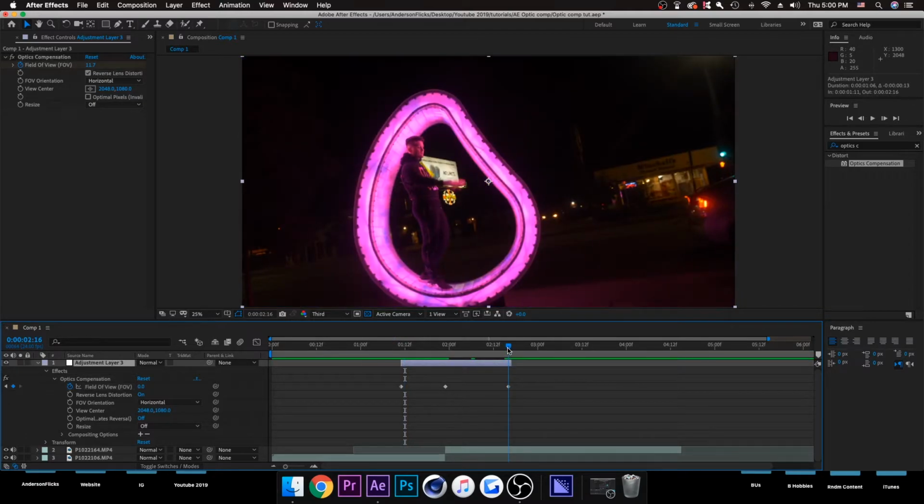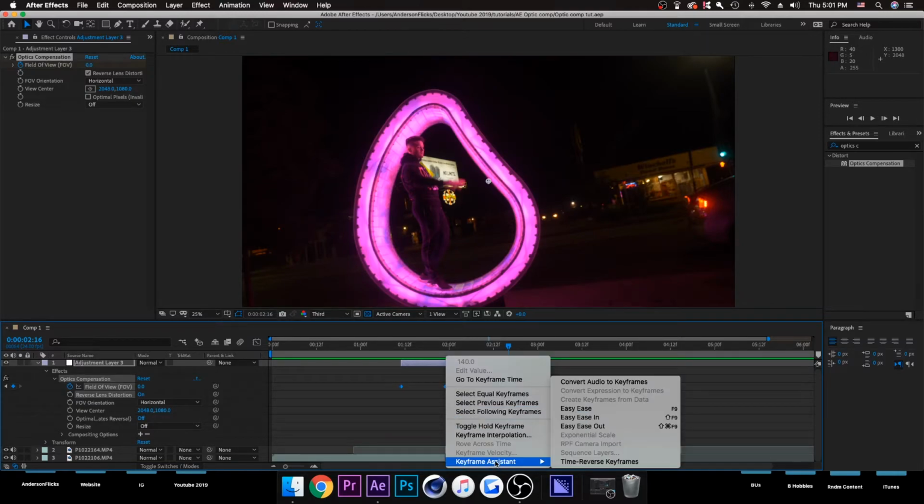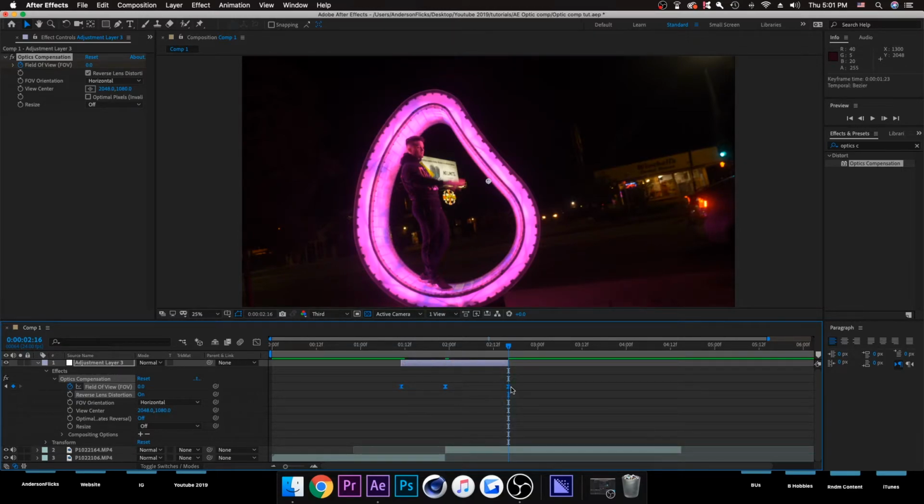Now what you guys are gonna wanna do too, to take this a bit to the next level, okay, this is the last part of the tutorial here for you guys, is you wanna just left click and drag over all 3 of these keyframes, and then you wanna right click, keyframe assistant, easy ease. As you see, your 3 keyframes turn into a different shape, and you'll come up here to your graph editor,